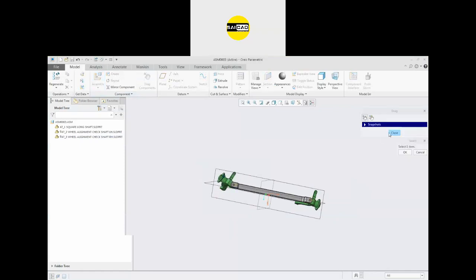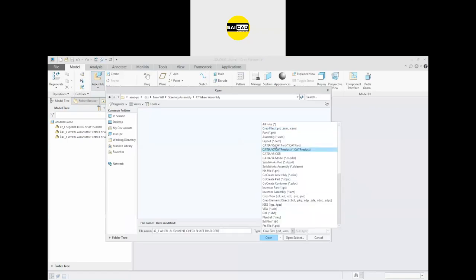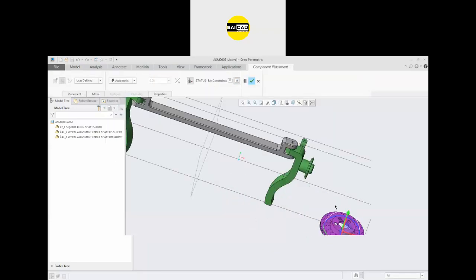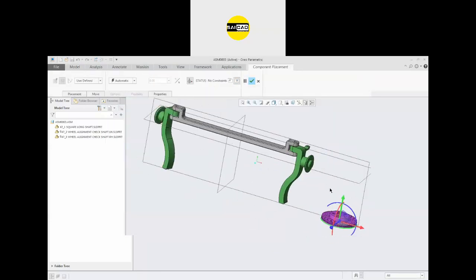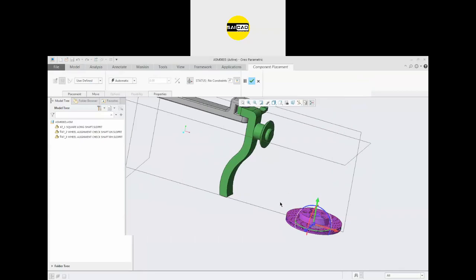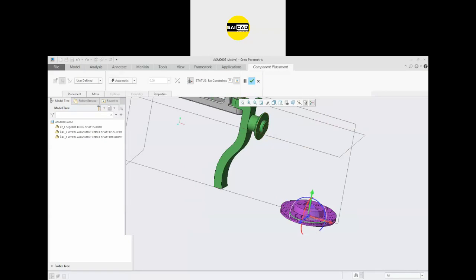Okay. Now you have to apply some relation to the further part. So this is just a representation and just directly add the relation to them. So I just want this to be rotated on this one.